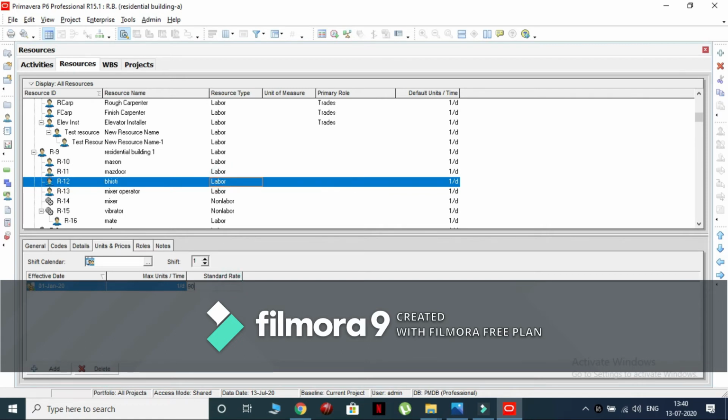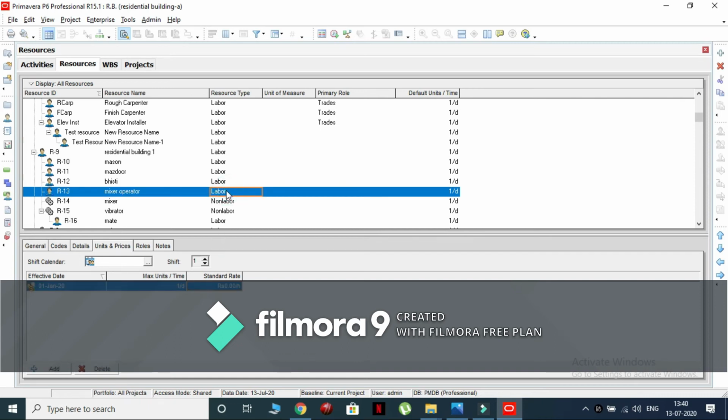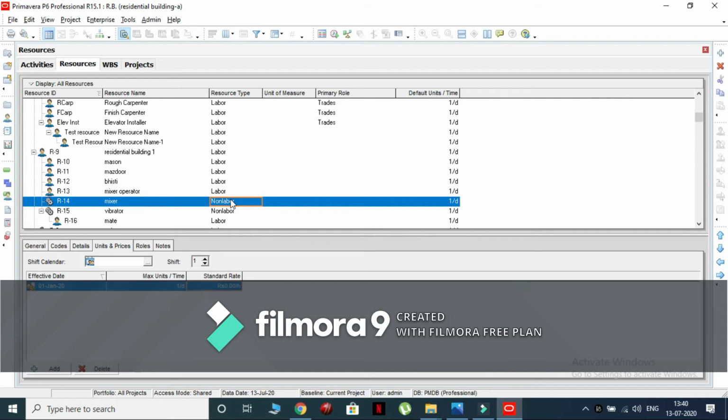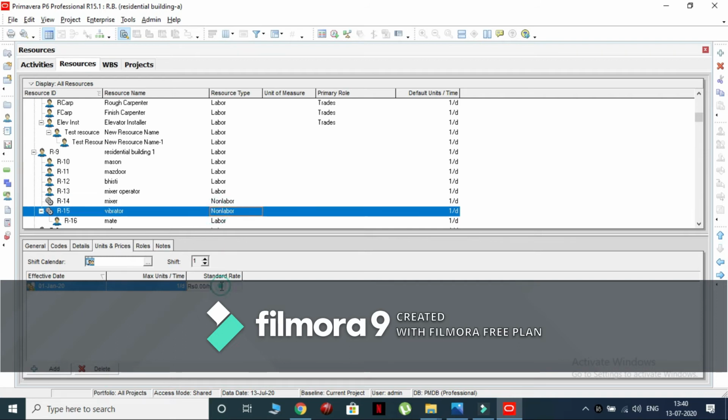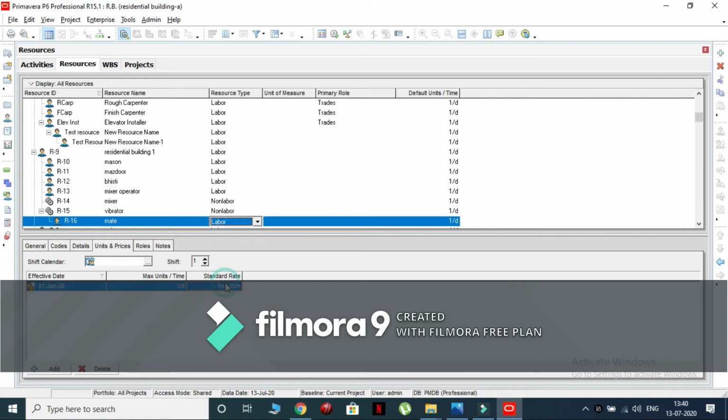For Bhisti 90. For mixer operator 140. For mixer 120. For vibrator 115. For mate 80.